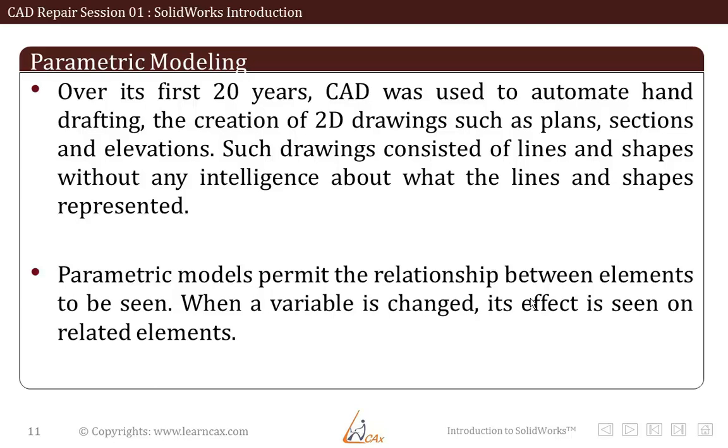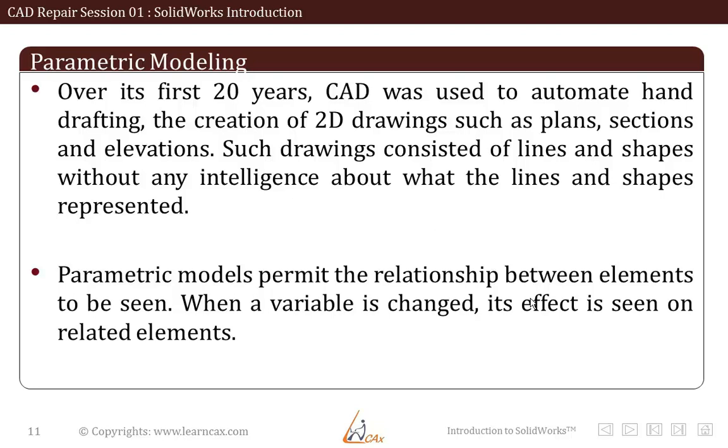That is, in a parametric model, each entity such as a line or arc in a wireframe or a filleting operation has parameters associated with it. These parameters control the various geometric properties of that entity, such as length, width and height of a rectangular prism or the radius of a fillet. They also control the locations of these entities within the model. These parameters can be changed by the operator as necessary to create the desired part.